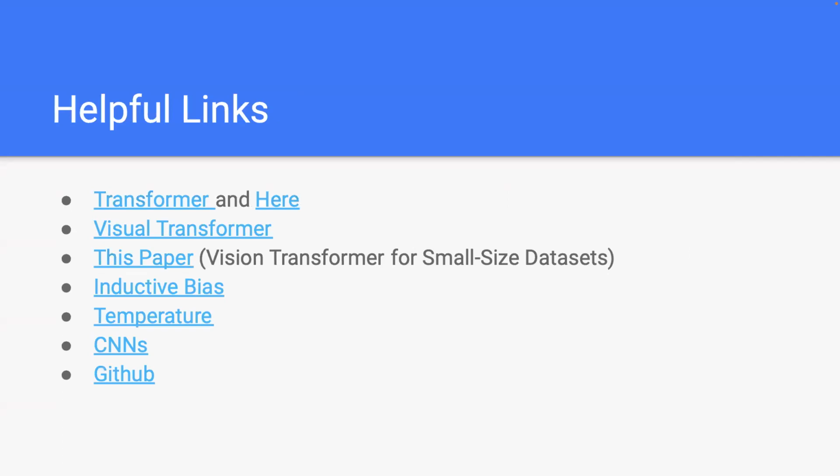Exactly. So there's a link that's sent out with the presentation, and if you're new to transformers, vision transformers, inductive bias or temperatures, I put some of the resources that I myself use to learn or brush up on in this paper. Some of these I find are quite good for explaining things. And at the very bottom, there's a GitHub link to a PyTorch implementation of the SL-ViT that you saw here today. So that's all I got. If there's any other questions,